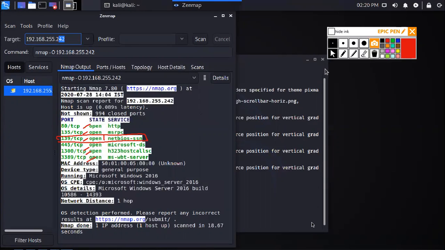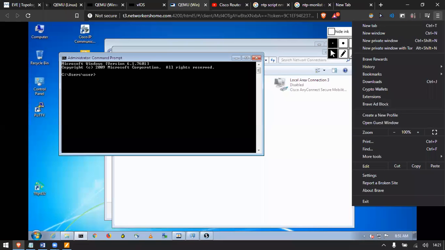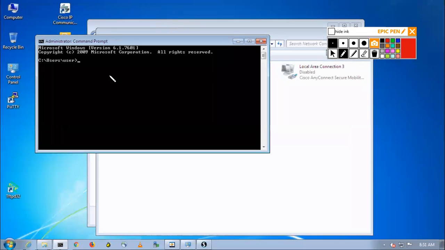So, jumping into a Windows 7 box. The command we are going to use here is nbtstat, which will give us information about that NetBIOS port number.